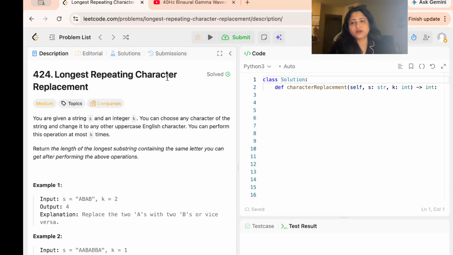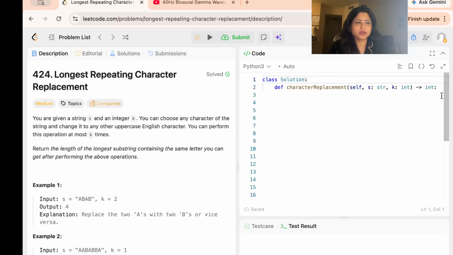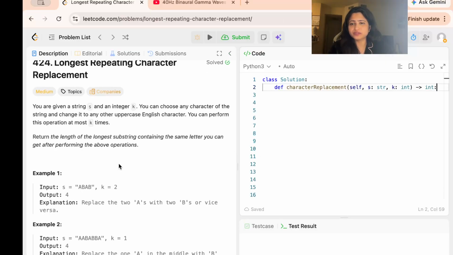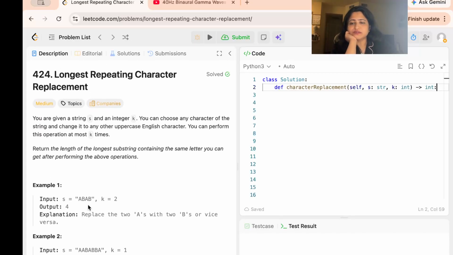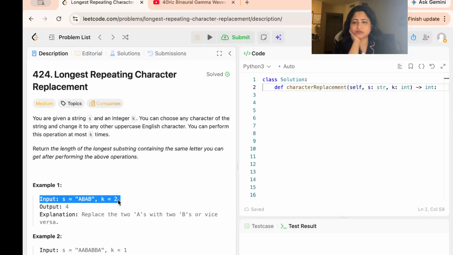Hi, let's look at the longest repeating character replacement, the Leetcode question 424. Let's now understand how we solve it and what the question is. So they've given a string here, for example, AB, and they've given a number k, which is equal to 2. This k number represents the number of characters that you can replace in this entire string so that you can